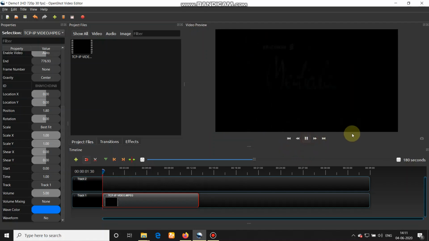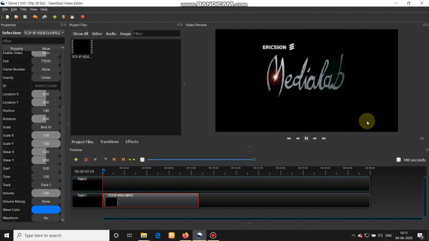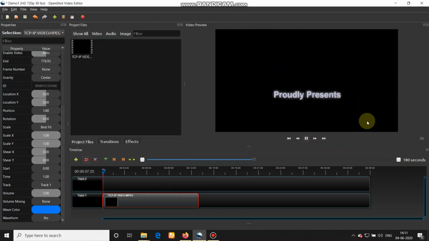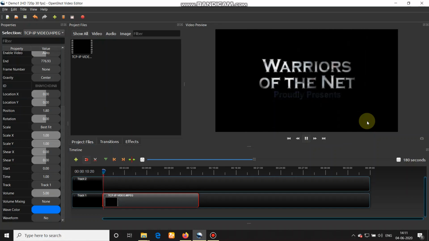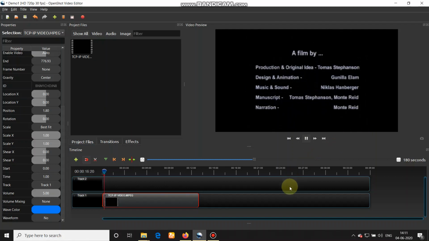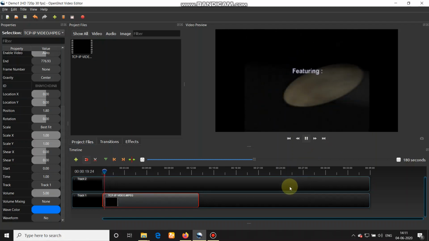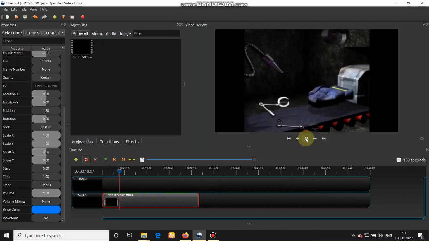Similarly, yes, it has increased. So similarly, you can adjust the volume of a number of clips that you want to merge or you want to use for your video lectures.